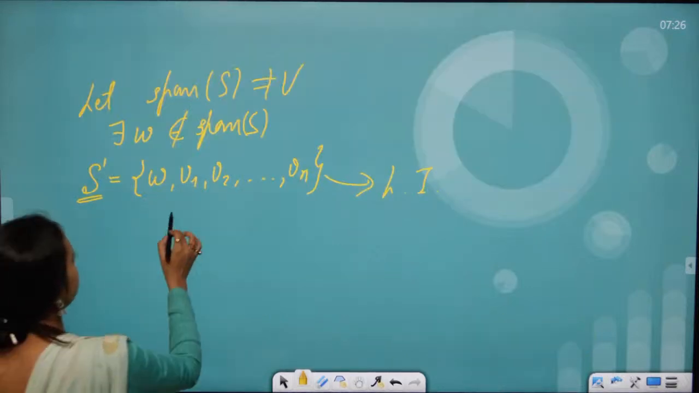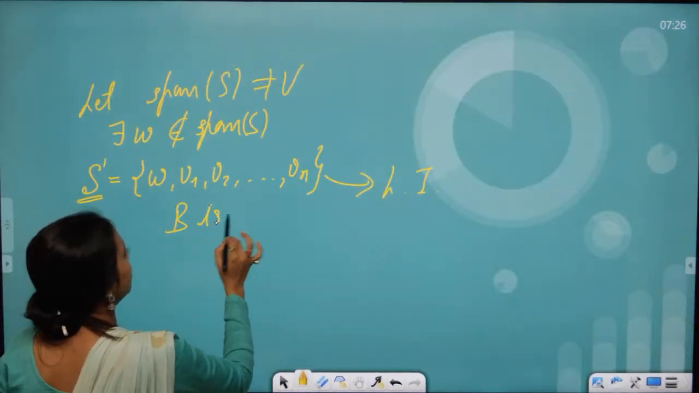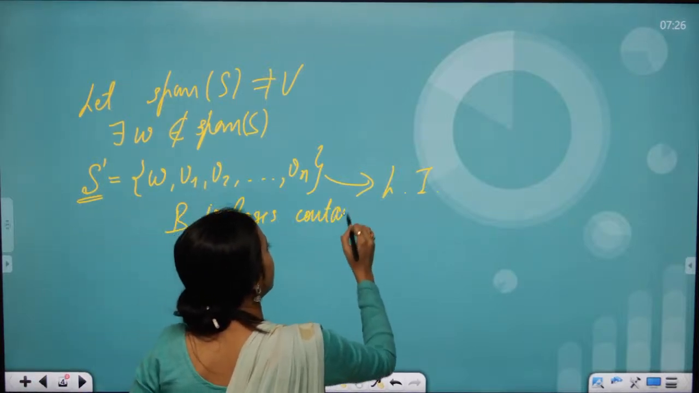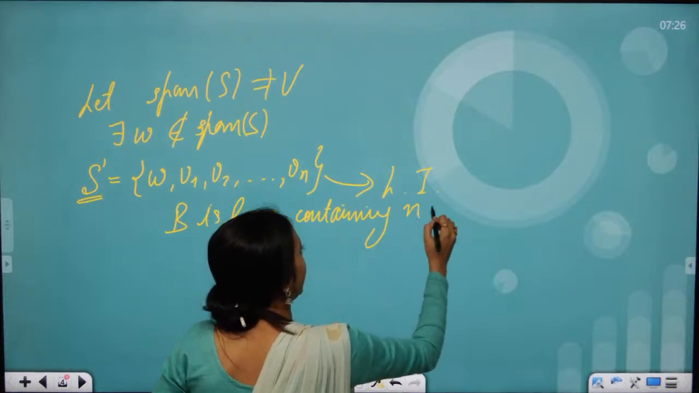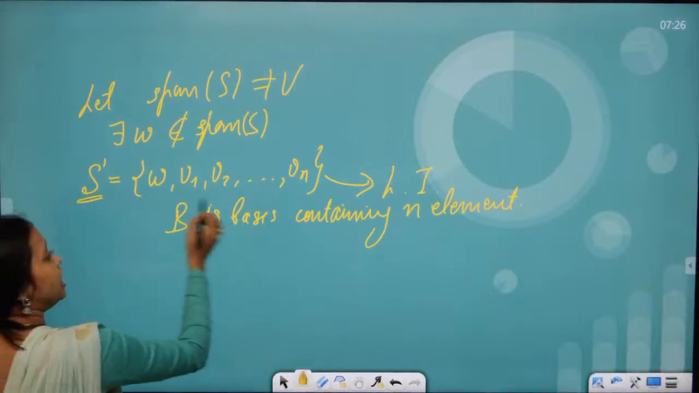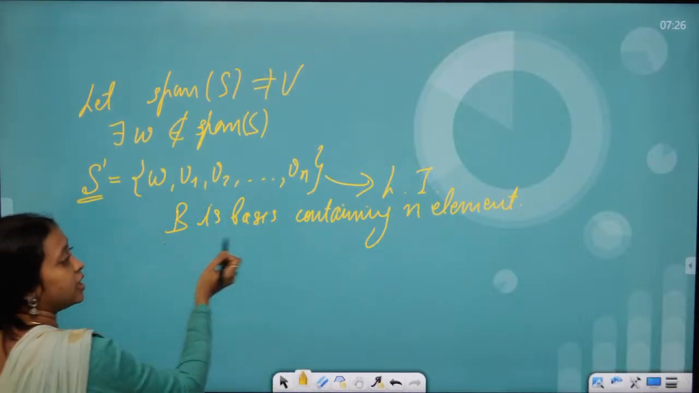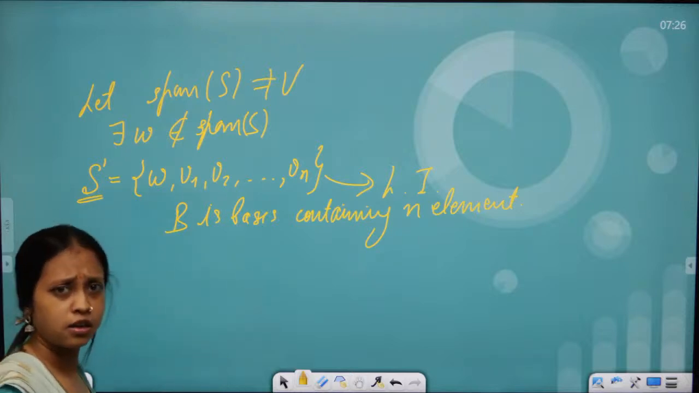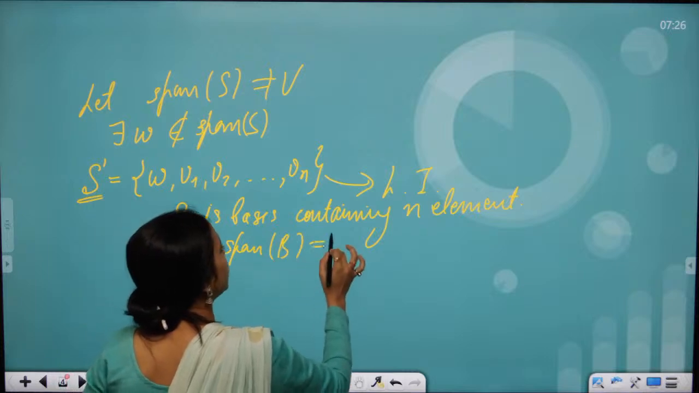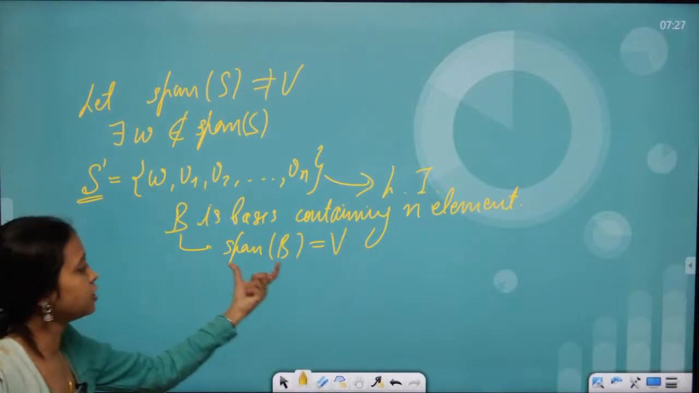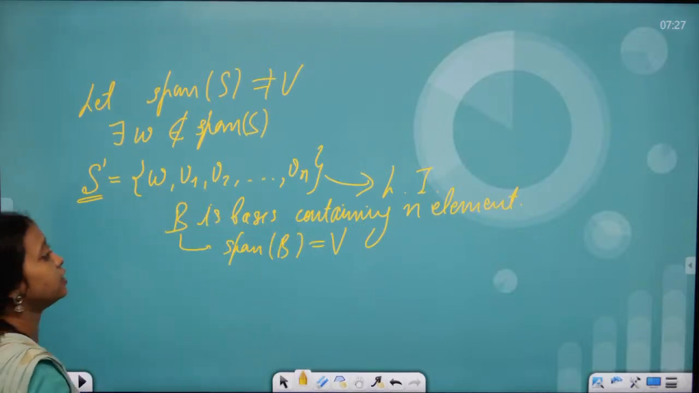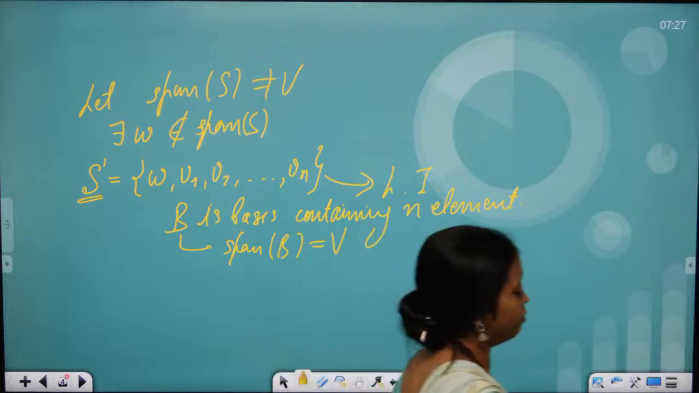That means a basis will contain n elements. Let B be a basis containing n elements. I have a linearly independent set. I have a basis containing n elements. So a basis spans your whole vector space. I have a set that is spanning V. I have a set that is linearly independent. We have a theorem, that is the replacement theorem,